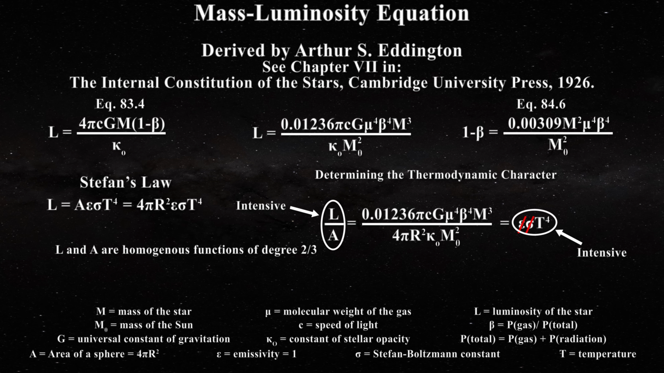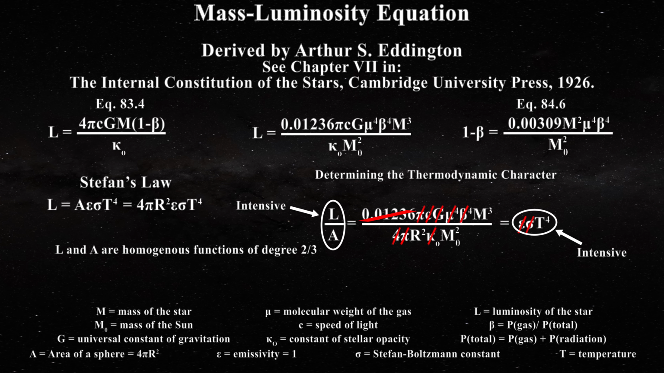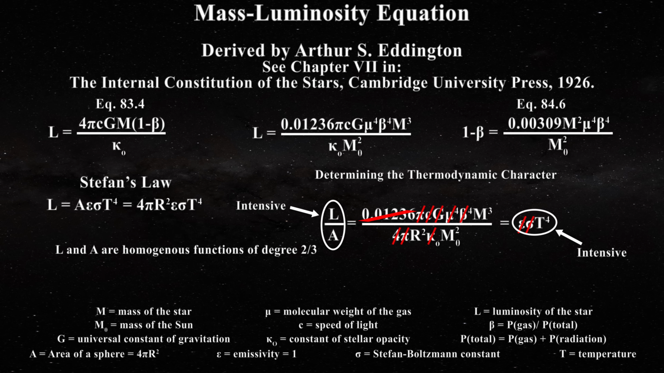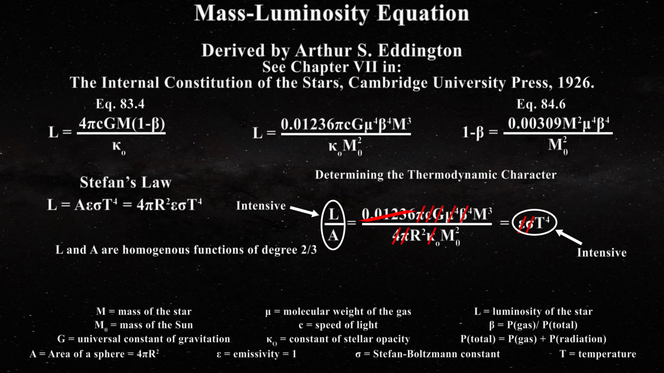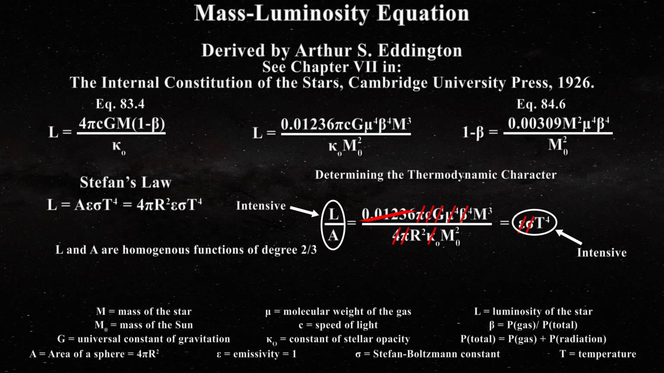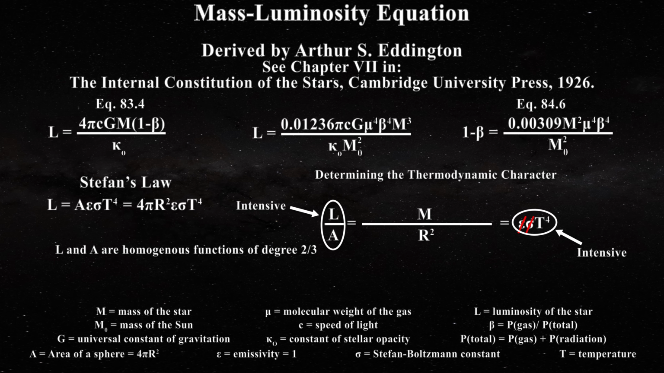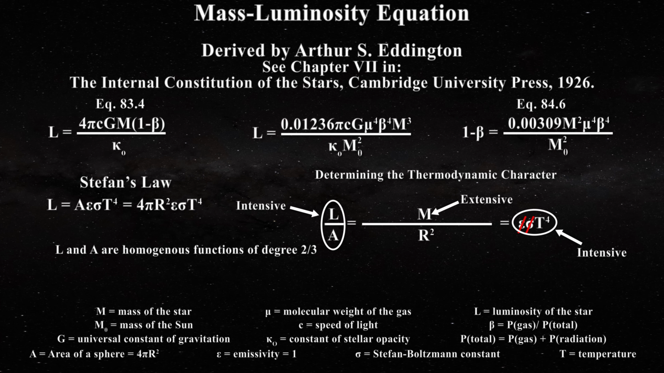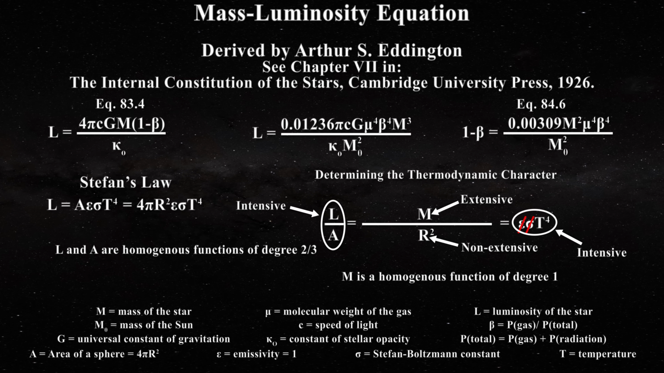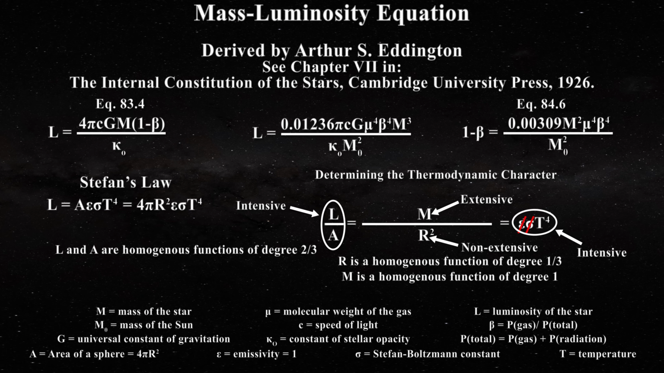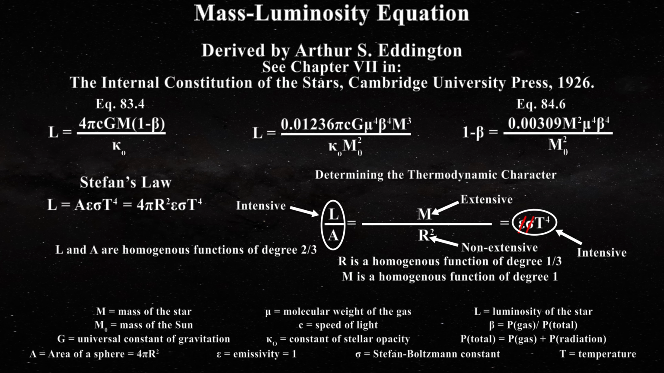Now have a look at the central portion of the expression from Eddington while remembering that constants make no contribution to thermodynamic character. We are left with three terms that contribute: the mass of the star cubed, the mass of the sun squared, and the radius of the star squared. In terms of thermodynamic character, this simplifies to mass over radius squared. But mass is an extensive property, a homogeneous function of degree 1, while radius is non-extensive, a homogeneous function of degree 1/3. So we have a homogeneous function of degree 1 divided by a homogeneous function of degree 2/3 because